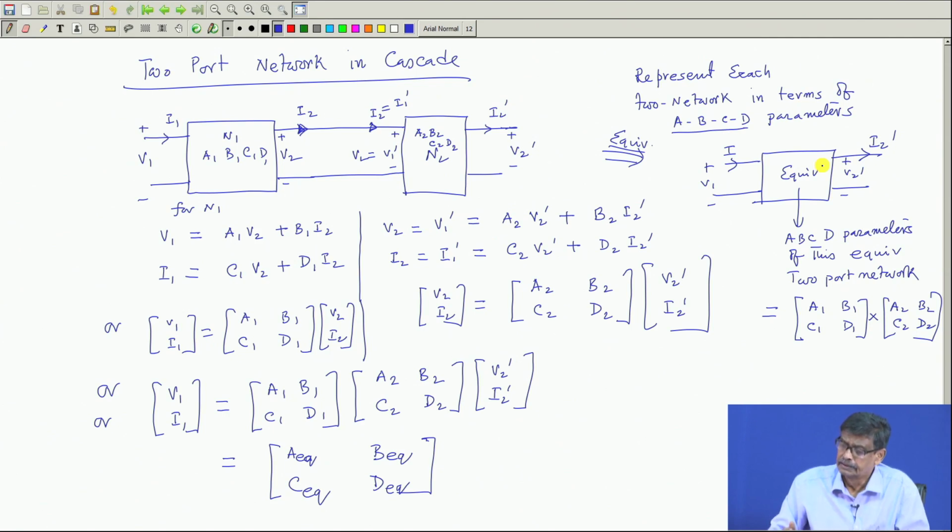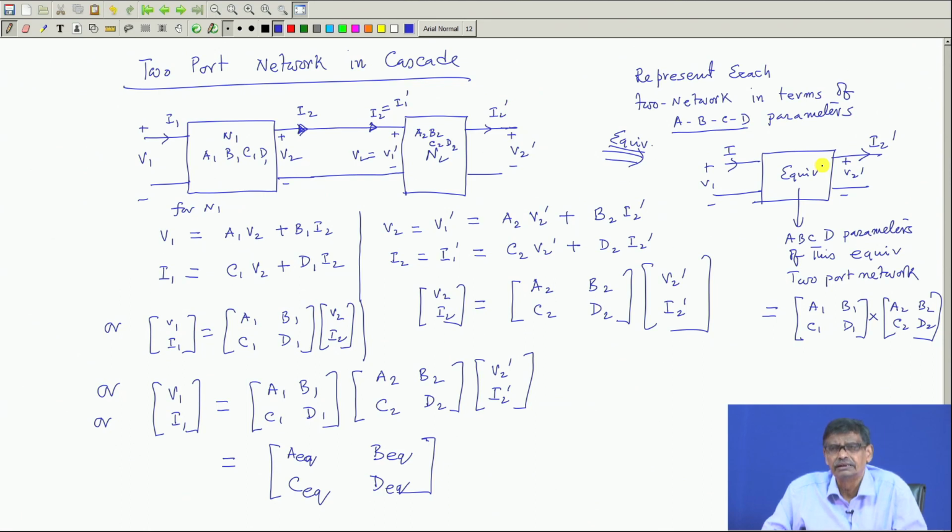Is that clear? Therefore, it depends: if it is transmission line parameters and there will be several networks connected one after another, that is in cascade, it is better you deal with ABCD parameters. Equivalent ABCD parameters will be simply the multiplication of these 2 by 2 matrices. As many stages as there are, so many multiplications you have to do.